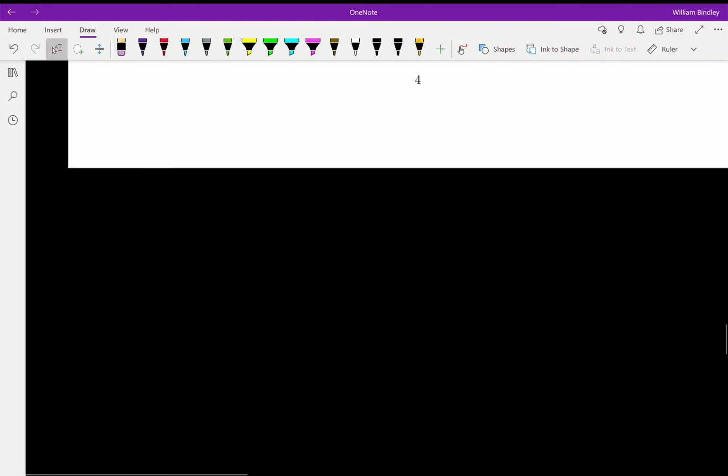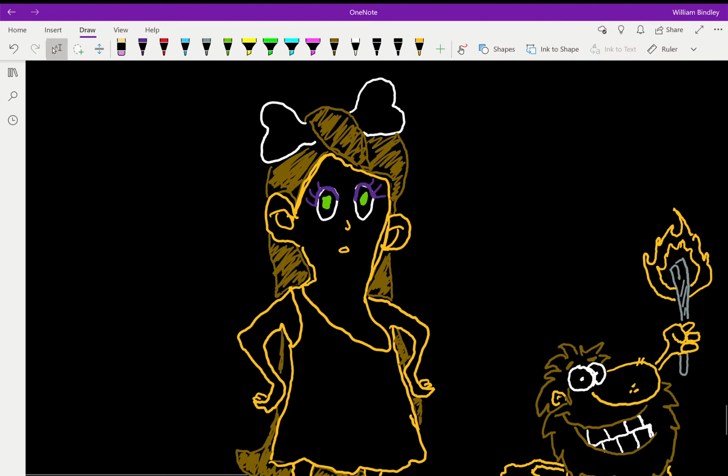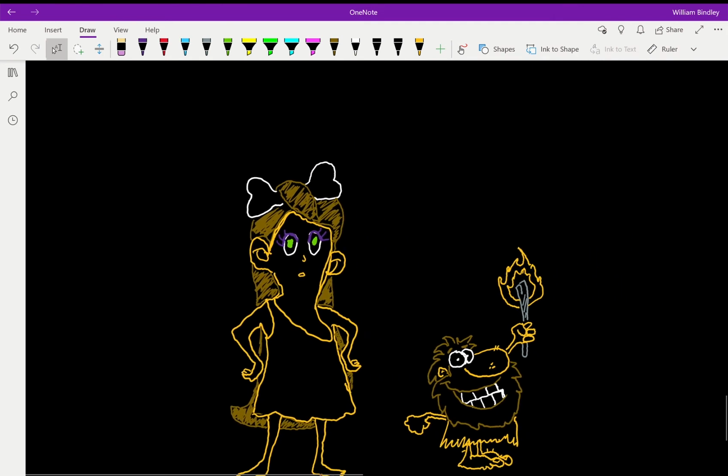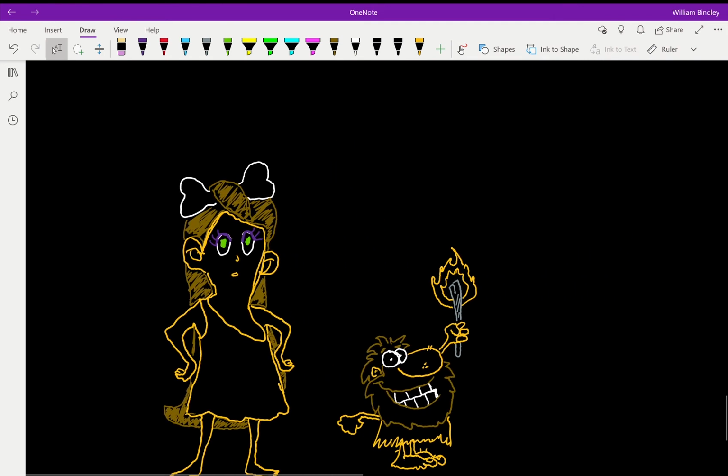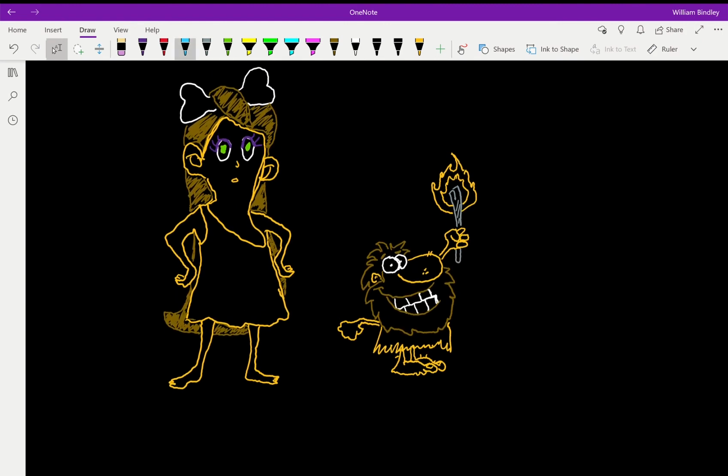I found these pictures and I tried to draw them. One is of a cave woman and one is of a cave man. Very terrible drawing, I know, but let's name them. Let's call her Sarah and let's call him Bob. So suppose back in the days of cave people,